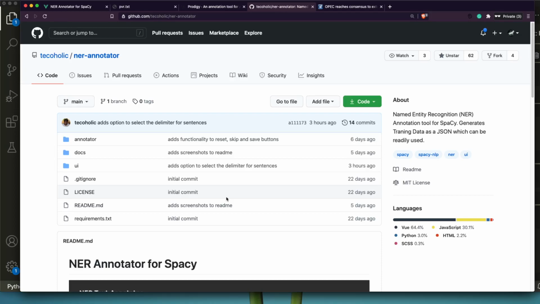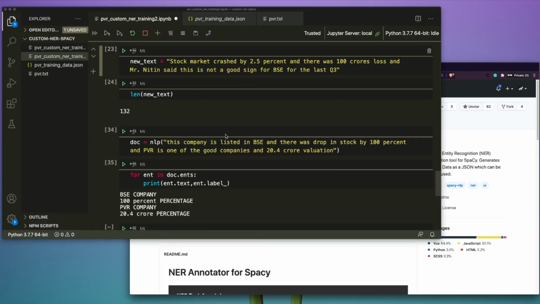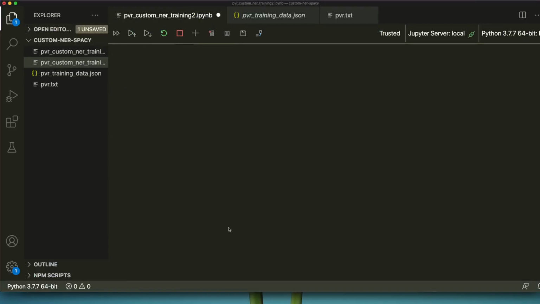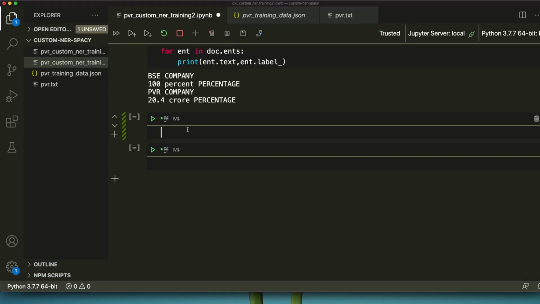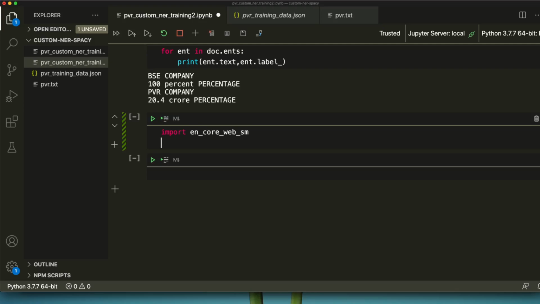I think I didn't cover how you can use the extended model. Maybe that's for a different video, or very quickly I can show you how. Import spacy, which is my English model in this case. I'm going to say nlp is equal to spacy.load.